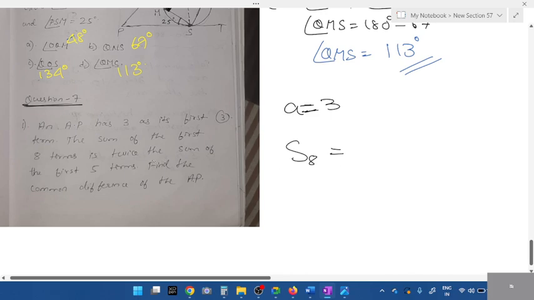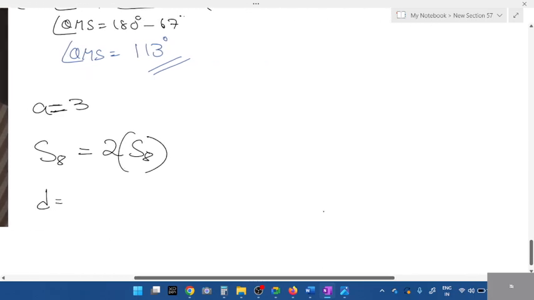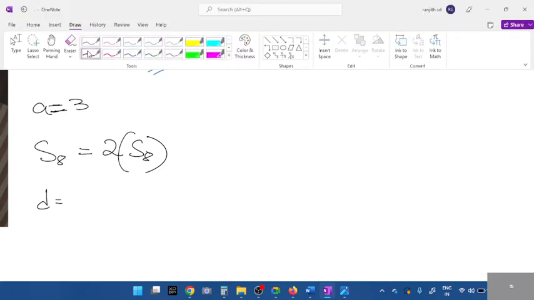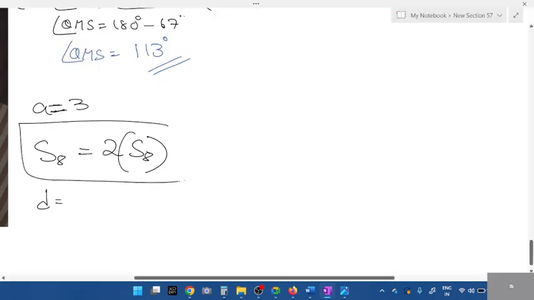First, we'll write the statement. S of 8 is equal to twice the sum of the first 5 terms, 2 into S of 5. This is the equation. And what do we need to find here? Find the common difference d. Now, simple question, students. The equation was given. According to this equation, let me take S of 8. What is the sum formula? n divided by 2 into